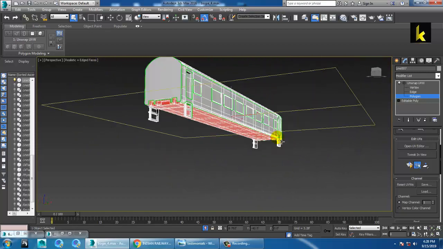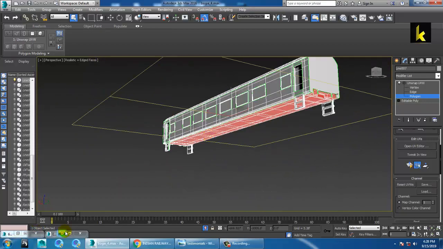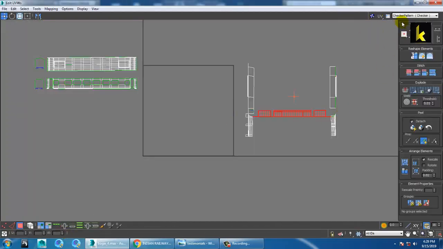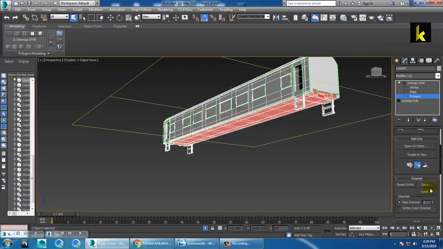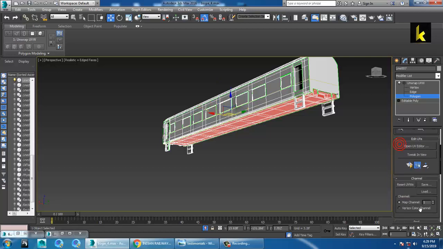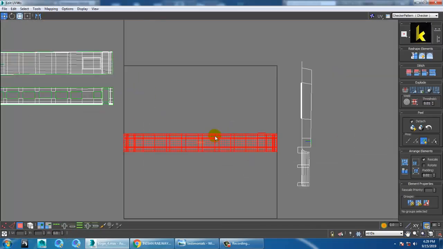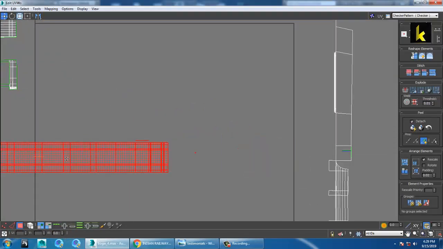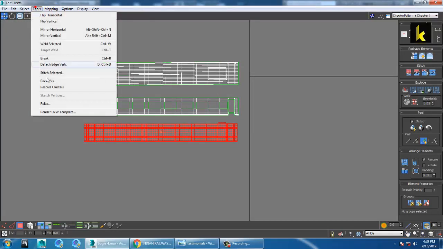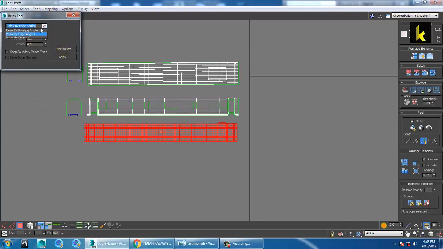Alright. So once you're done with this selection over here, let's go over here and again go into this projection, the planar projection. It should be in the Z axis, and go on to the top and say quick planar map. So once you get quick planar map, you get this over here. That's your bottom part. Go into tools, relax, and you can just relax it with the